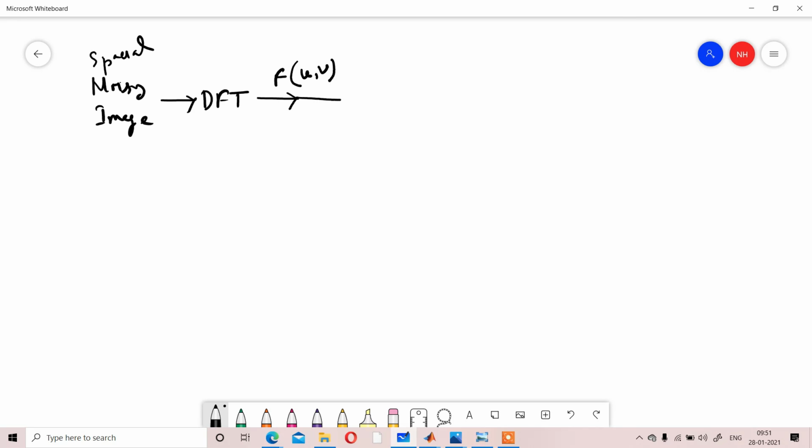After getting that image, depending on it, you will design your filter.